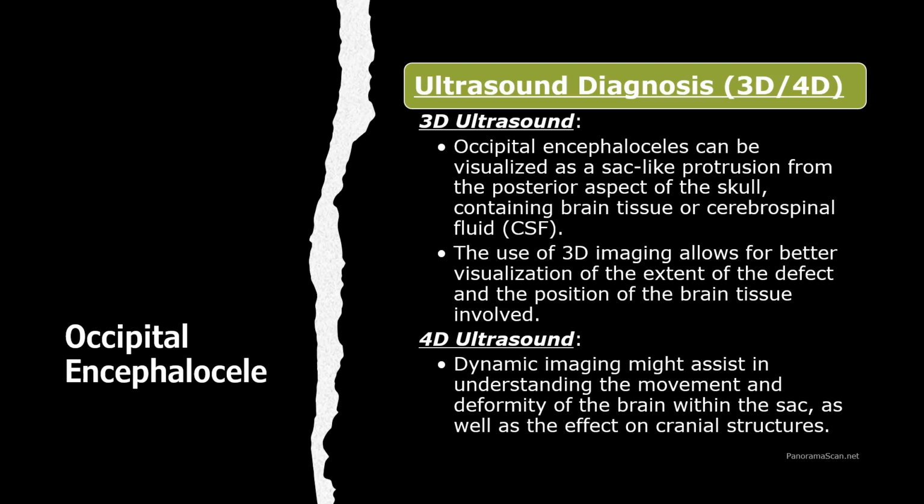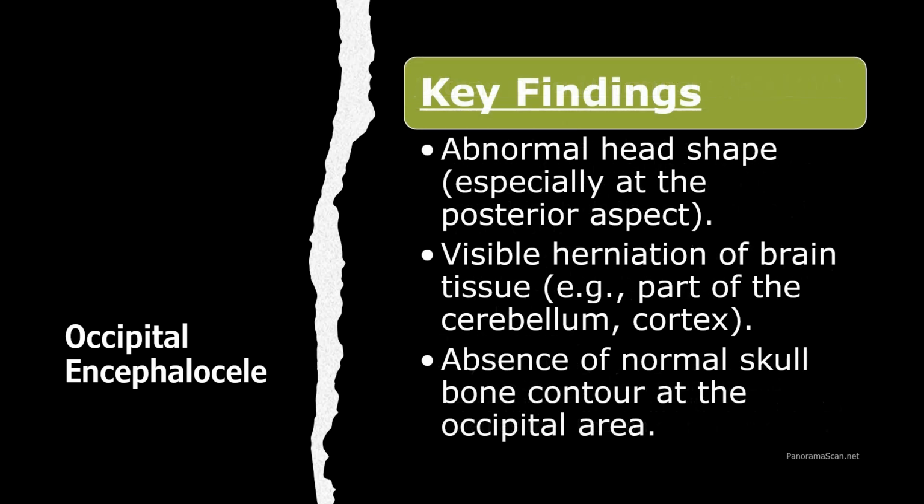Now let's explore how these key findings guide clinical management. Key ultrasound findings associated with occipital encephalocele. These findings provide critical clues for diagnosis and can be effectively visualized using 3D and 4D ultrasound imaging, as well as 3D, of course. First, there is an abnormal head shape, which is often observed, particularly at the posterior aspect